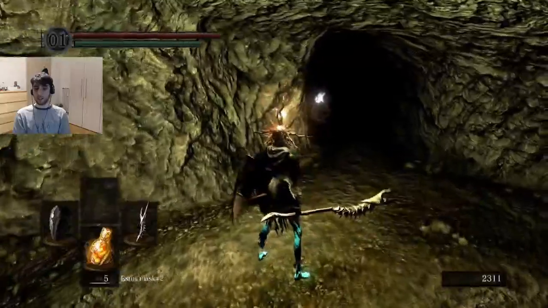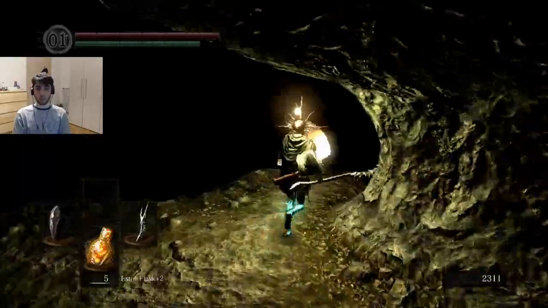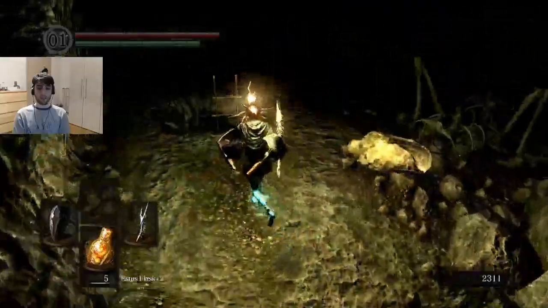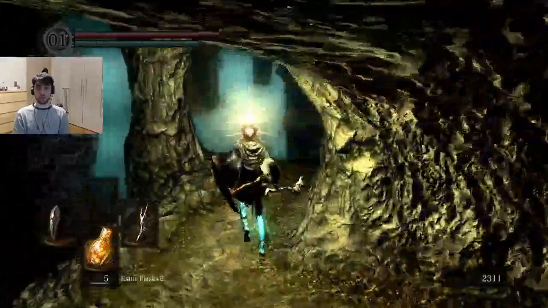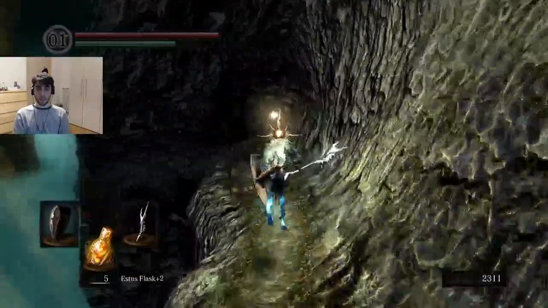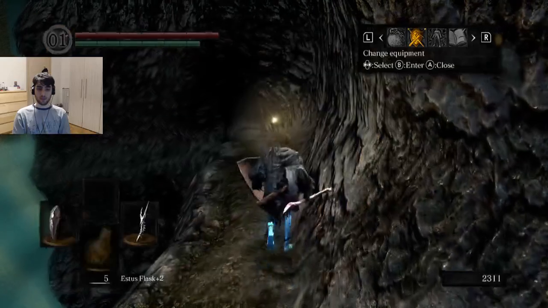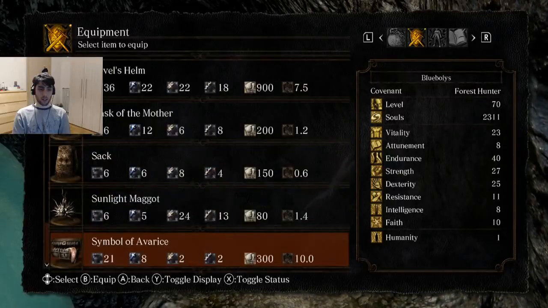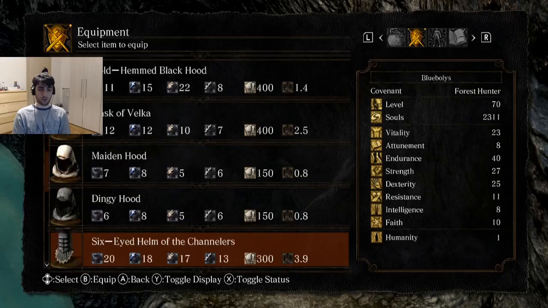There is some treasure. That's a white titanite chunk, which is not really useful to us. Be careful of these guys. You can go through here, but you can also drop down here easily. And you see, you don't even need the sunlight maggot here. This place has light already, so we're gonna put on our usual helm,